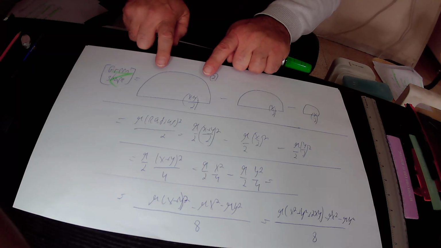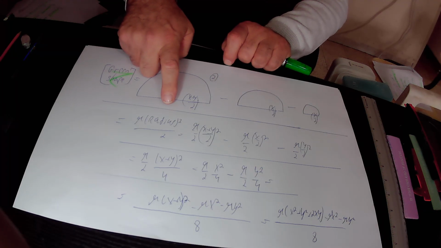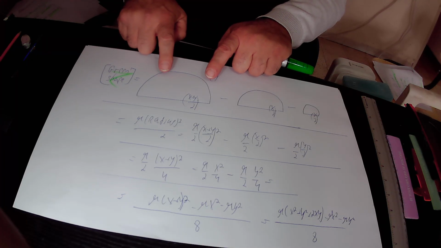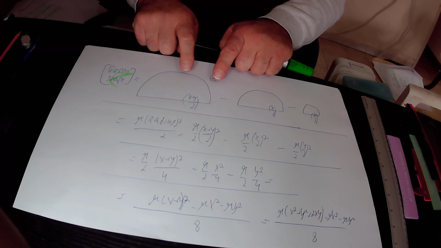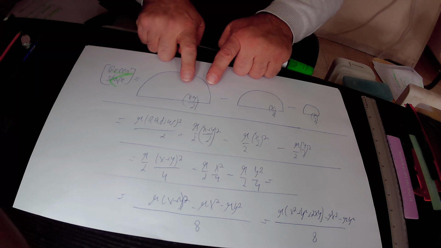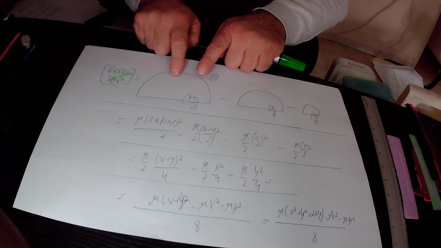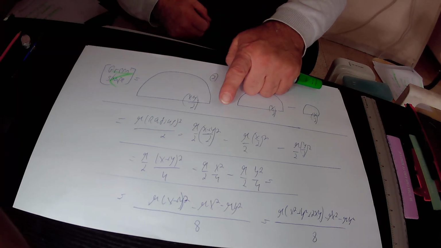What is the area of this biggest semicircle? Actually, the area of any semicircle equals pi times the radius of the semicircle squared over 2. Therefore, the area of this semicircle must be equal to pi over 2 times the radius squared. That is to say, it is ((x plus y) over 2) squared. So in total the area of this semicircle is equal to pi over 2 times ((x plus y) over 2) squared